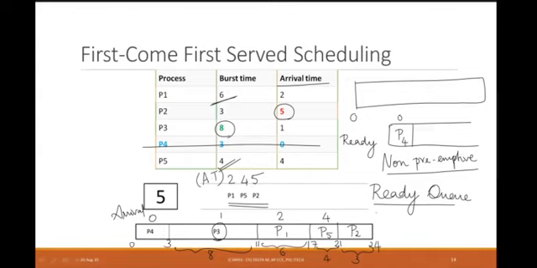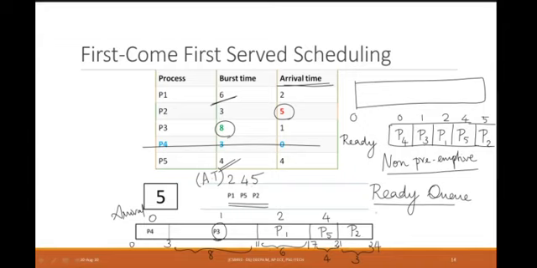So shall we first finish off the ready queue alone? At time 1, what happened? I had my next process P3 coming in. So these are the times which are associated with every process. The processes are named from P1 to P5, and now P3 came in at time 1. Next, what is the process which is coming? At time 2 we have P1, and finally P5 at time 4. Whoever comes first, we are going to put it onto my ready queue. And at time 5, what is the process? P2.